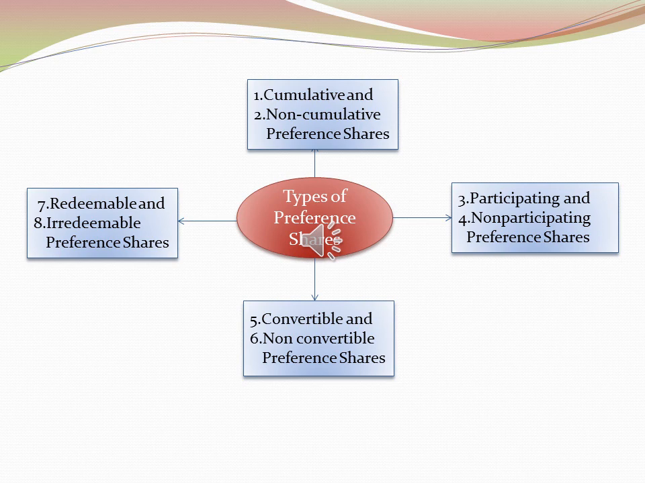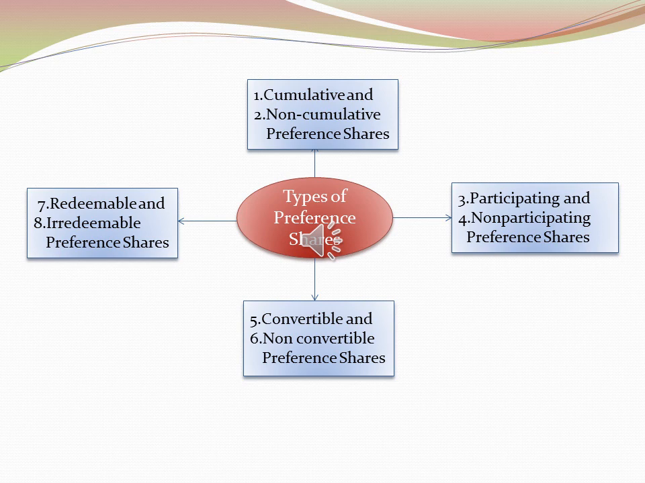Now next type, that is convertible preference shares. Now this convertible preference shares are those shares which has the right to convert preference shares into equity shares after a certain or within a certain period. Means कन्वर्टेबल प्रेफरेंस शेयर्स वो प्रेफरेंस शेयर्स रहते हैं जो पर्टिकुलर पीरियड के बाद अपन उनको इक्विटी शेयर्स में कन्वर्ट कर सकते हैं।